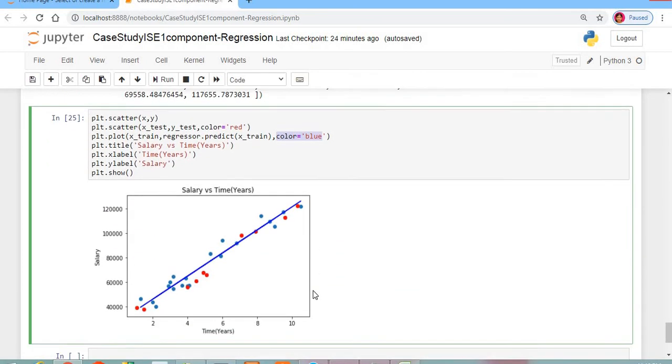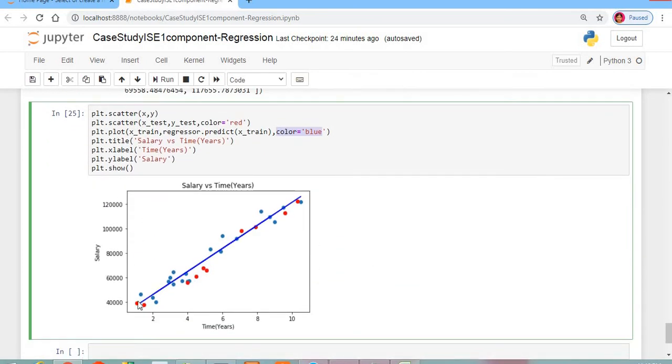Okay, got this students? What we have done here, we have plotted x comma y, means whatever actual values जे आहेत ते आपण प्लॉट केल्यात. x म्हणजे काय तर इयर्स ऑफ एक्सपिरियन्स, y म्हणजे काय तर सॅलरी. ह्या ज्या आहेत त्या ॲक्च्युअल व्हॅल्यूज आहेत, ब्ल्यू जे दिसतात त्या. ओके, देन एक्स टेस्टिंगचे जे रिझल्ट्स आहेत, व्हॉट वी आर टेस्टिंग विथ आवर प्रेडिक्टेड व्हॅल्यूज. ऑफकोर्स प्रेडिक्शन आणि ॲक्च्युअल व्हॅल्यूज. प्रेडिक्टेड व्हॅल्यूज ज्या आहेत त्या ह्या आहेत रिग्रेसर डॉट प्रेडिक्टवाल्या. ओके, हा प्रेडिक्शन कोणत्या बेसिसवर होत आहे? ऑन विच बेसिस वी आर predicting these values? On the basis of X train.